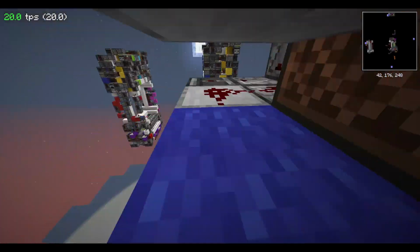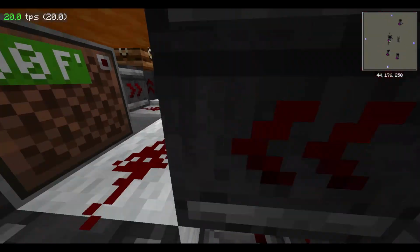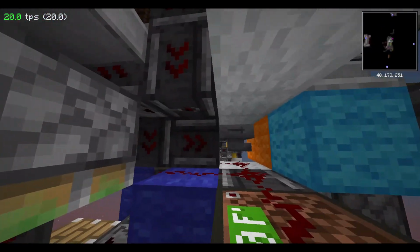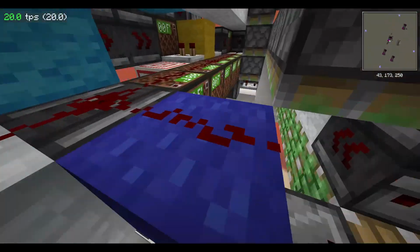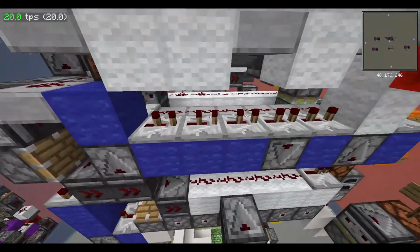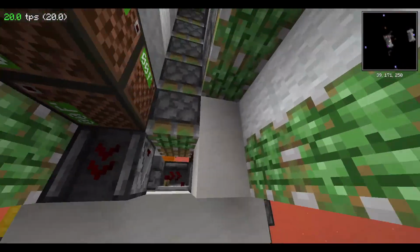And then while that's happening, this has popped up again, powering this, which as you know makes a double pulse, 4 ticks, double pulse is this, which also conveniently makes a 2-tick, so that works. And then whilst that is happening, this observer chain, 1, 2, 3, 4 observers go into this, doing the last retraction of the double, and then you come back to here, which has been going this whole time, 8 ticks or 9, going back into the storage, putting the block back up here,